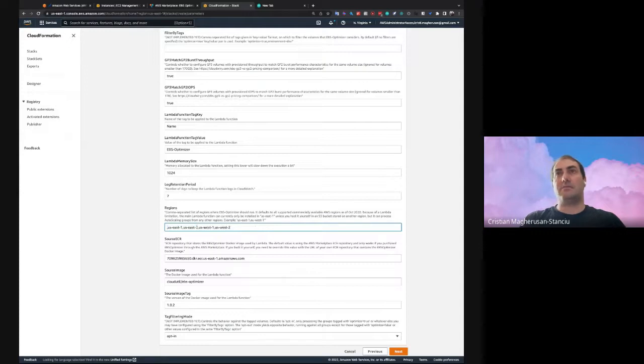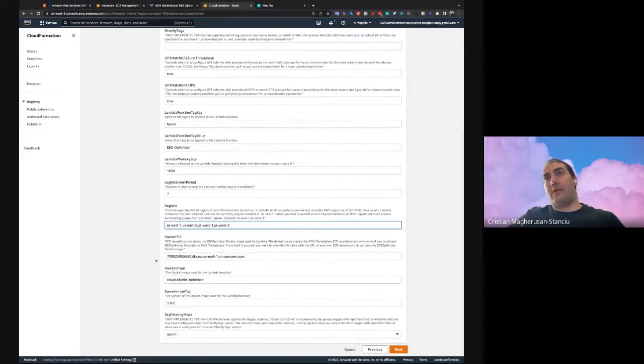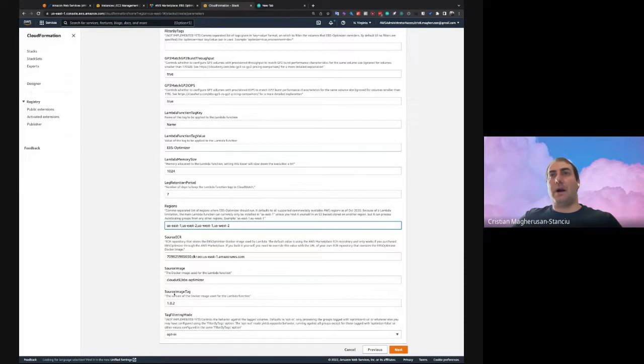Sometimes they just run in one region and they want to keep that one and avoid any networking costs across regions whenever we do these API calls. And what else we have is the marketplace Docker registry and the image and the version we have.